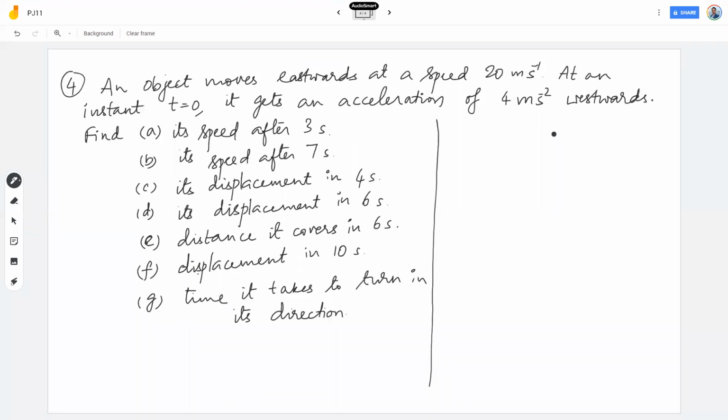Vijay Rubesh, first question, correct answer. But yeah, Vijay Rubesh is correct. Satvika, first question A, correct answer only. But the problem is you don't have to specify the direction, ma. Satvika, they've asked you to find the speed after 3 seconds. It's not the velocity, just the speed. Speed is a scalar quantity. We don't have to mention direction. Vidushan right, Amrin right.